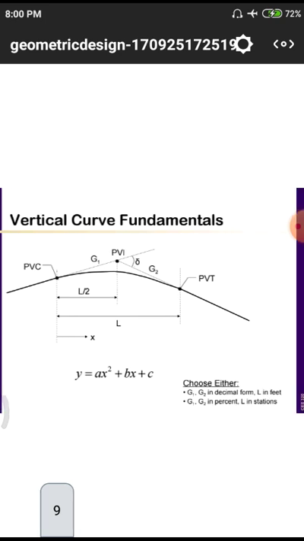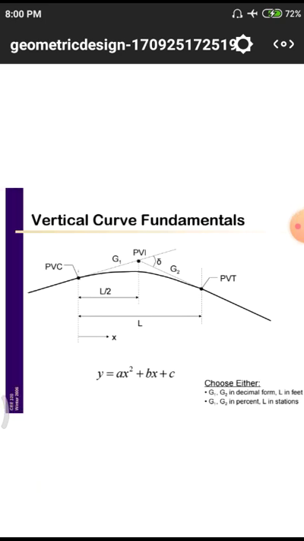Okay, this is the example for the vertical curve, where we have the equation y equal to ax square plus bx plus c. Normally PVC, PVT, that means vertical curves, vertical transition curves with angles of particular length. So the total length of the transition curve is capital L, so at the middle point of the particular curve we have L by 2. Those things we have to observe. And Z1 and Z2 are both transition lines drawn from those particular points.